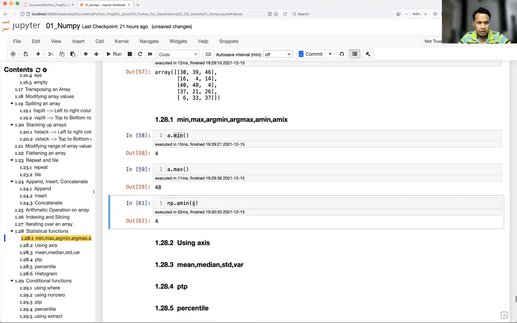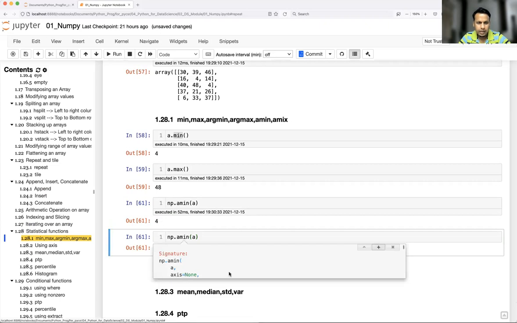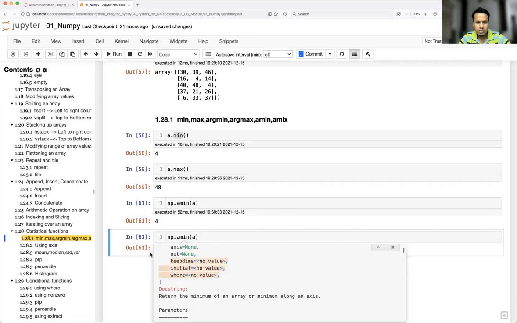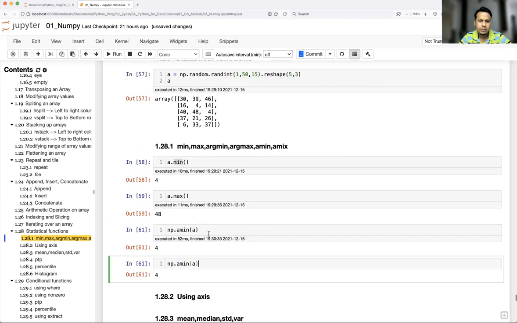If you take a look at the a min function, what exactly it is taking, what are some other parameters? So it has axis also. Leave these things, we will talk about them later, because where and all I'm going to use separately, that has more meaningful detail. So let's talk about this axis. This is very important. If you use a min function on a whole array, it is going to return the minimum value of that array, right? But what if you are interested in the minimum value of each row, or the minimum value in each column? That's where axis will come into the picture.